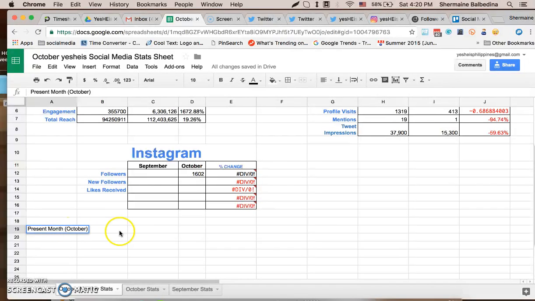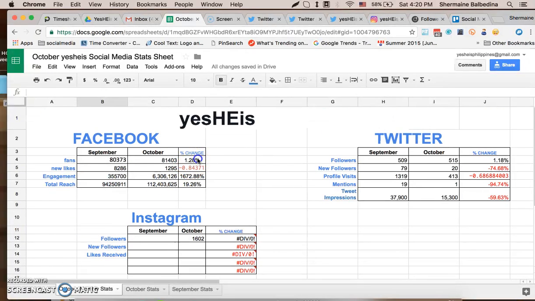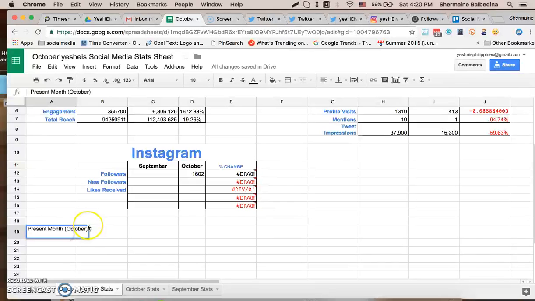And then present month October minus the past month. Present month of October less past month, so that is September, divided by past month.